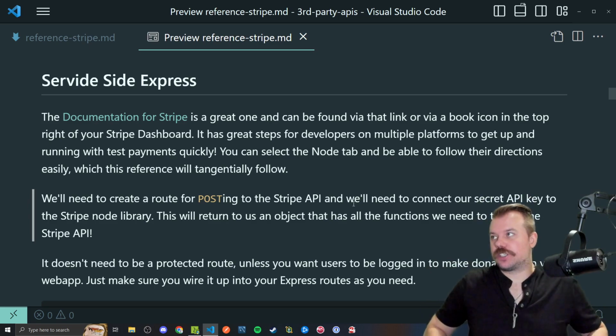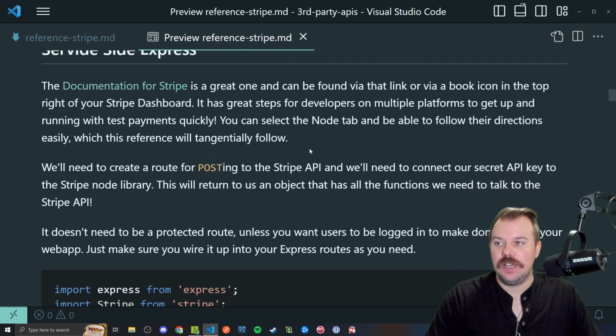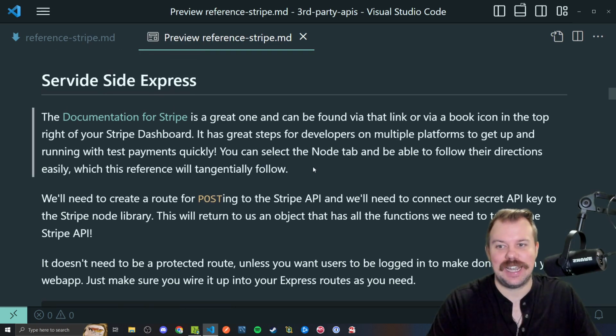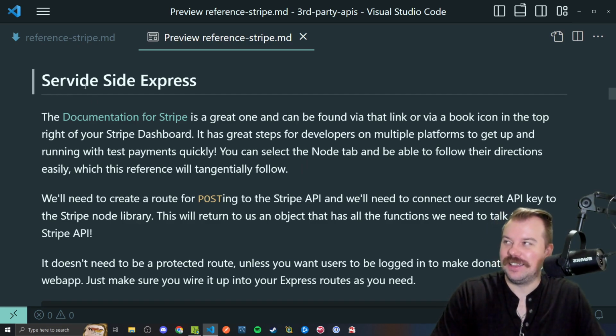Server-Side Express is where we're going to start in this lecture. And I'll probably cut off this lecture and then talk about the client side in the next video, since I want to really make sure I drive home the big picture workflow of how this, look at that typo,